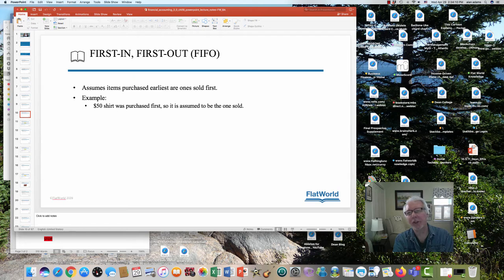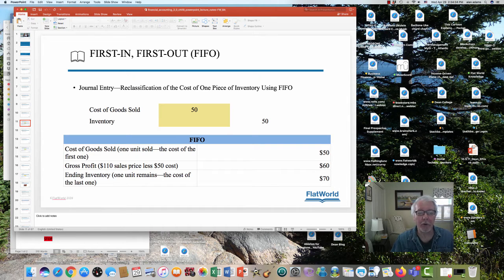It doesn't have to be the specific item. You're going to assume it's that item. You just have two shirts sitting there. Which is which? Mix them up. I don't know. I'm just going to assume whatever shirt I pick to sell, it's going to be the earliest one. And I look at my records. Ooh, $50. Okay. I bought my $50 shirt first, so I'm assuming that is the one that I sold. Okay? And that, therefore, is the amount I'm going to take out of my inventory and transfer to cost of